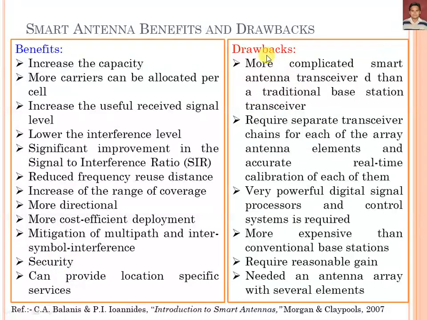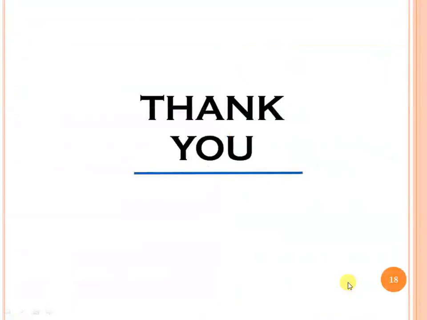And the drawbacks of this smart technology or smart systems are that they require more complicated smart antenna transceivers than a traditional base station transceiver, requiring a separate transceiver chain for each of the array antenna elements and accurate real-time calibration of each of them. A very powerful digital signal processor and control system is required, it is more expensive than the conventional base station, requires reasonable gain and needs an antenna array with several elements. So we have